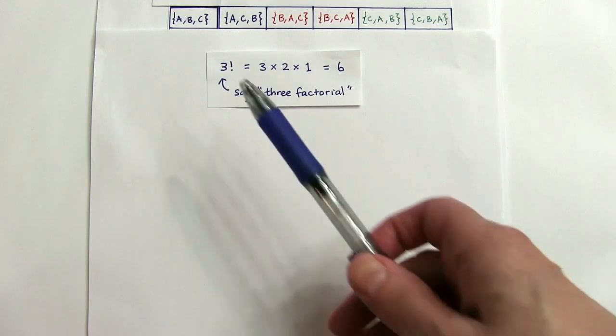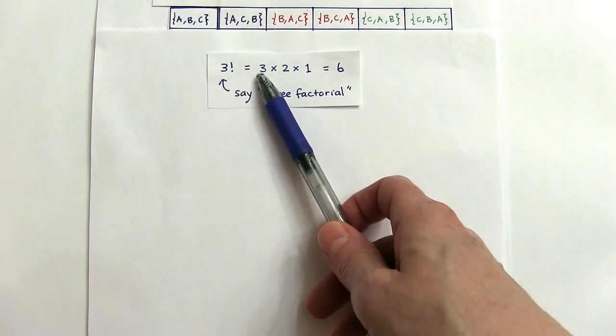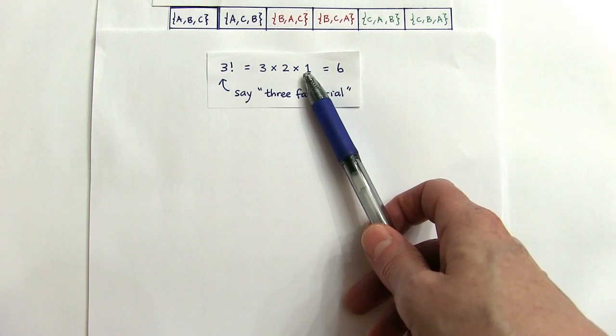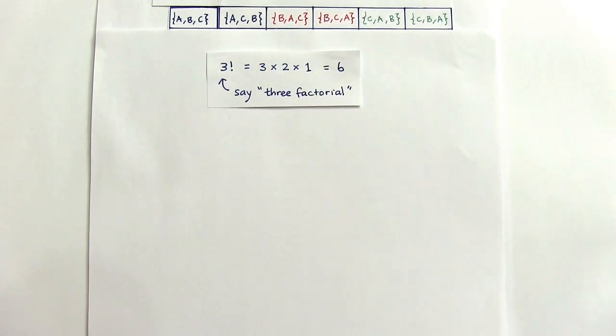So that gives us 3 factorial, or 3 times 2 times 1, which is 6 permutations of the 3 distinct